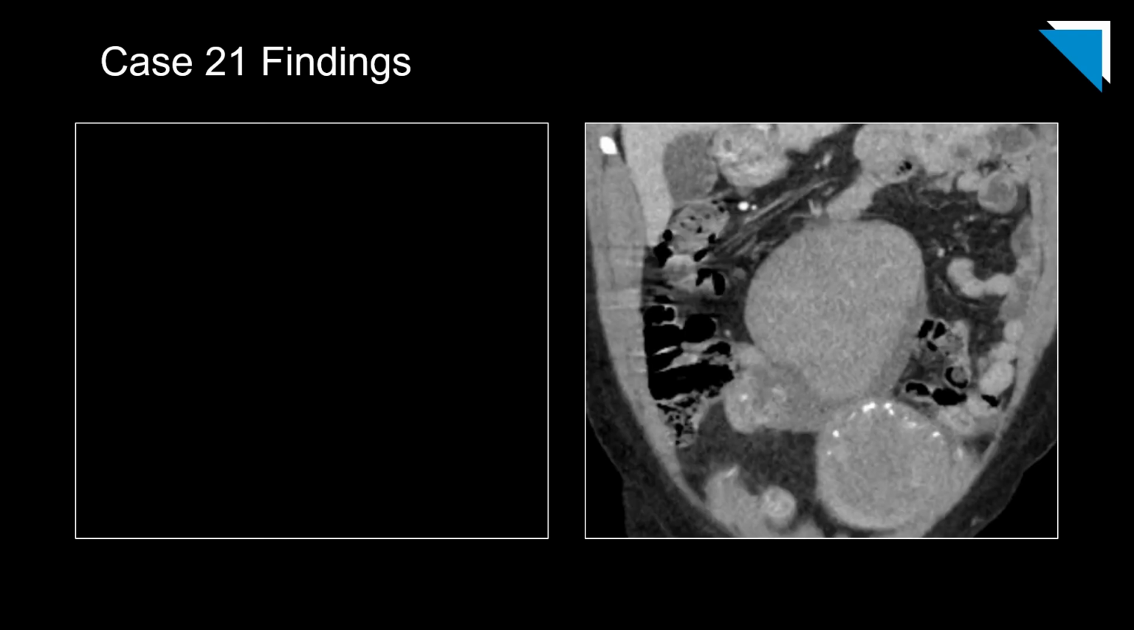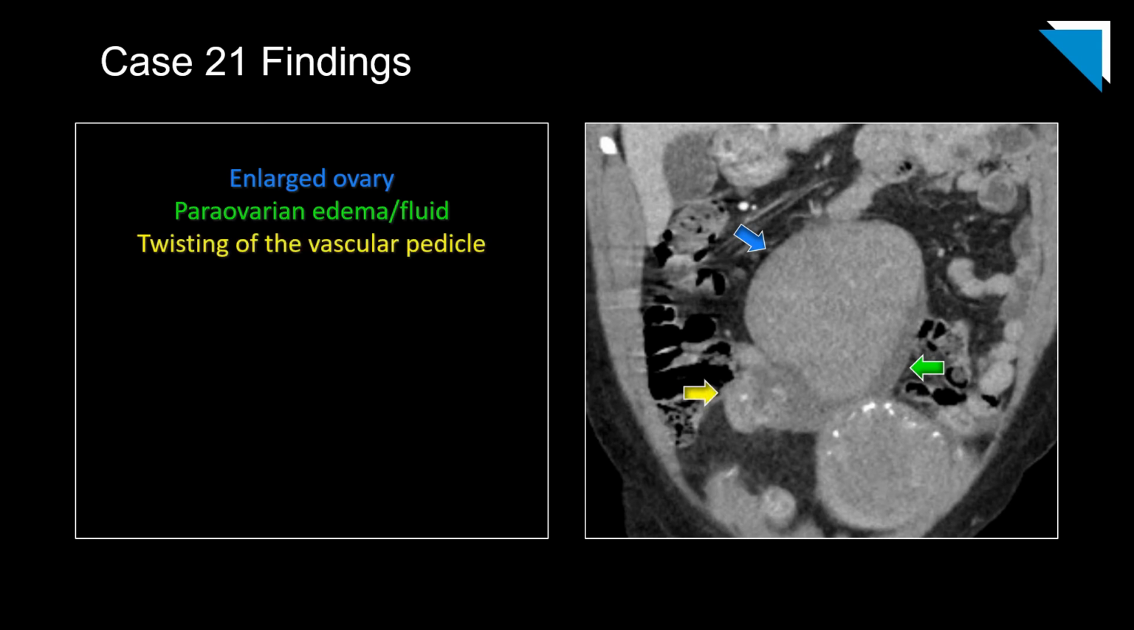I think the findings are much more impressive in this case. The right ovary is markedly enlarged. It is also edematous with some para-ovarian fluid. And there is twisting of the adjacent vascular pedicle. This constellation of findings is consistent with ovarian torsion, and you probably don't even need an ultrasound for confirmation in